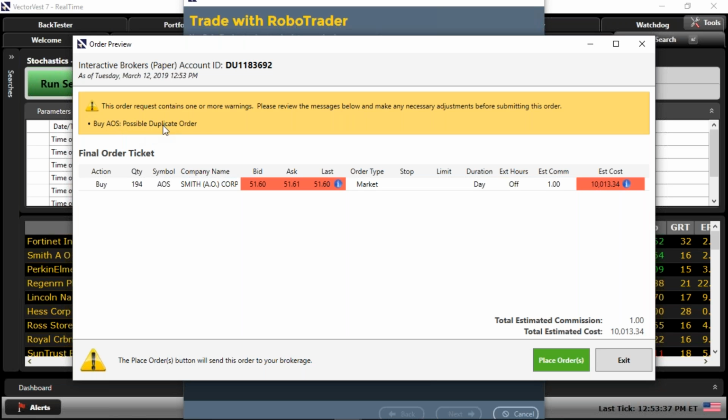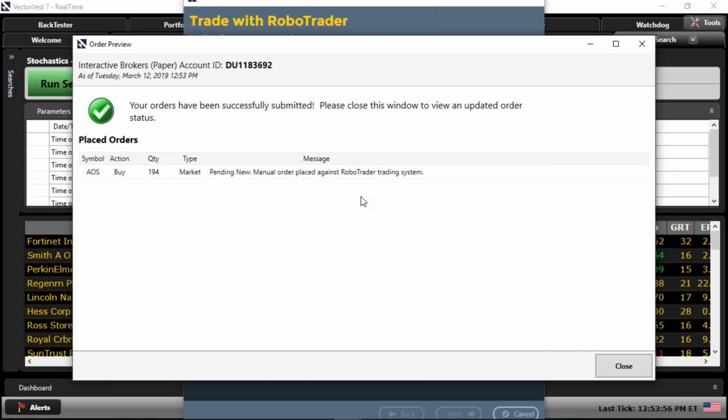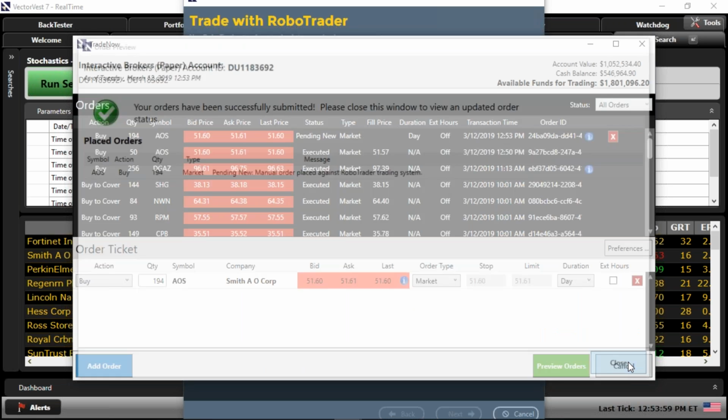It says buy AOS, possible duplicate order. It knows that I already bought it. Again, this is paper, so I'm not messing anything up. But if you happen to buy it again, it'll give you an alert that it's possibly a duplicate order. Watch this. I click on place orders. It's going to give me that same message that the orders have been submitted successfully. And if I click on close here,